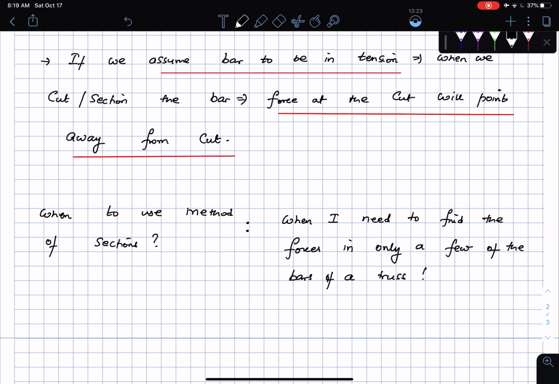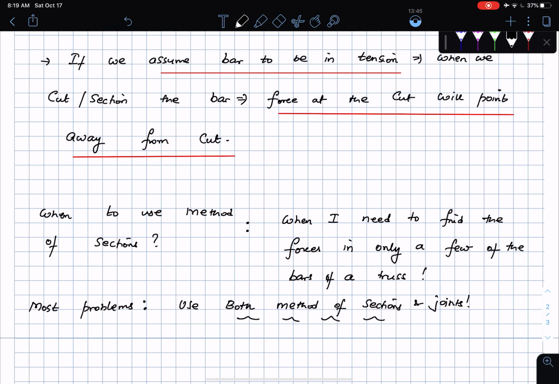Okay, most problems will use a combination of method of sections and joints. Okay, so most problems though use both method of sections and joints, and this is something that you will see in my next video, and I'll also maybe make a brief note of it towards the end of this video if we have time. Okay, so this is the idea,